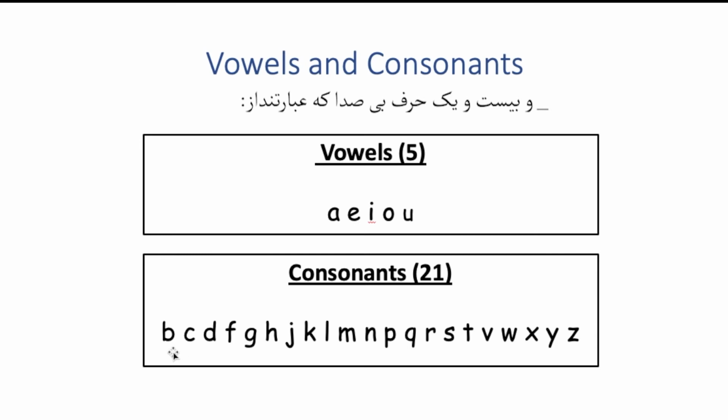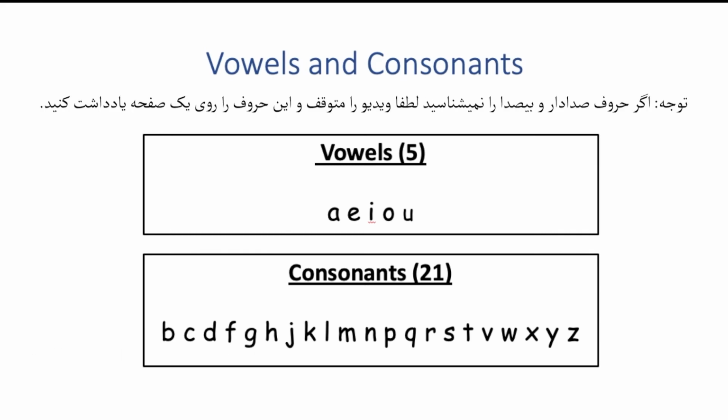Okay, so consonants like B, C, D, F, etc. If you don't know vowels and consonants, please pause the video, stop the video, and write the vowels and consonants on some paper. Okay,